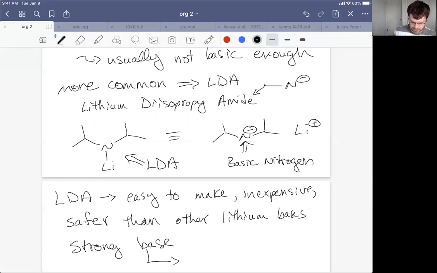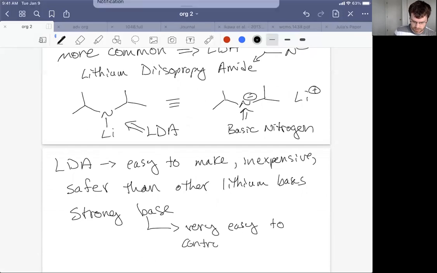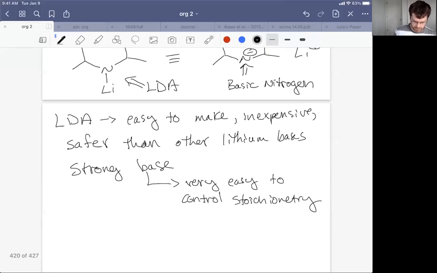But here's why I really like it. It's very easy to control the stoichiometry. Okay, so what that means is that we can control this reaction much more easily. So we can take our carbonyl of interest, like for example, acetone, and we can add LDA to it. Now I'm going to add, for every 1 mole of my carbonyl, 1 mole of LDA. And what we say is we have an equivalent loading then, or we say we have 1.0